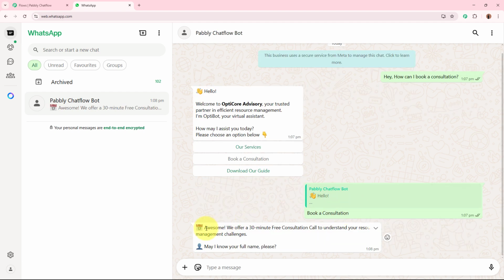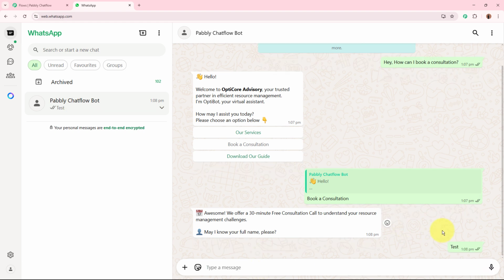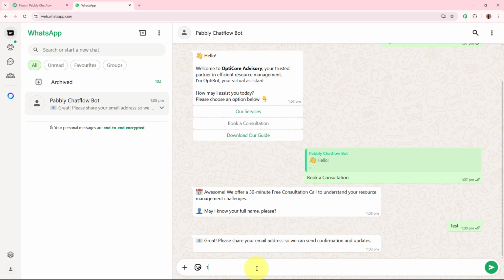As I've done it, it says, awesome, we offer a 30 minutes free consultation call to understand your resource management challenges. Okay. And to book a 30 minutes free consultation call, it is going to ask me for my details. Firstly, it is asking for my name. So for the name, let's suppose I'm going to send it as test right over here. Then it is asking for my email address. So for the email address over here, I'm going to write it as